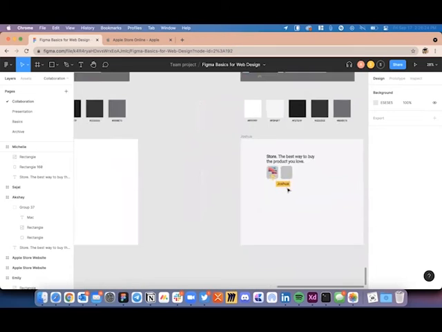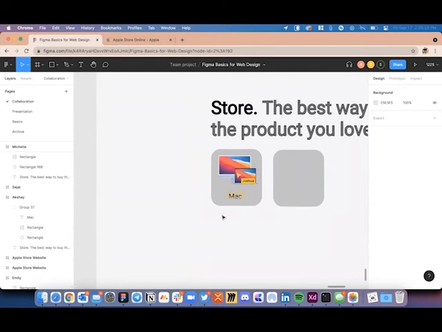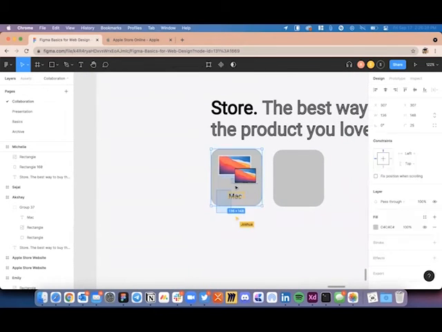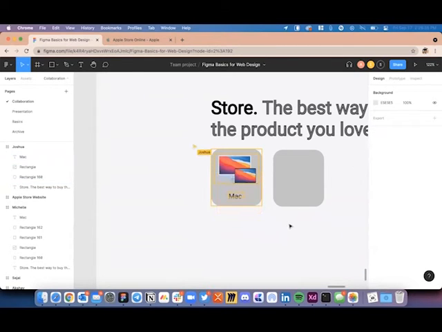So guys, Joshua, the only thing you would need to do is select all these three layers, press Command G or Control G, group them up, and then duplicate it. Yep, I see you have created a group.